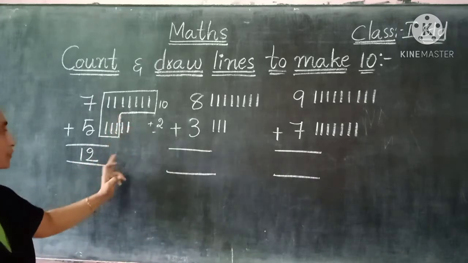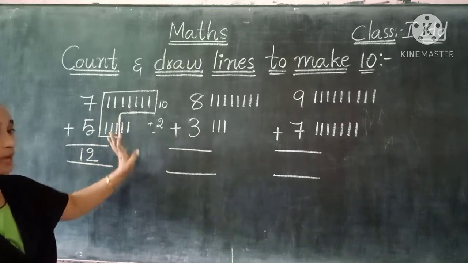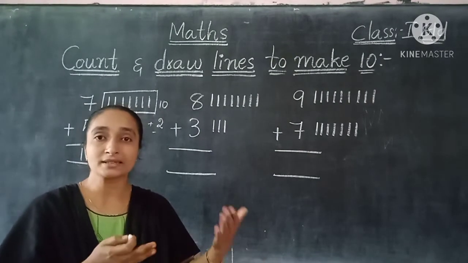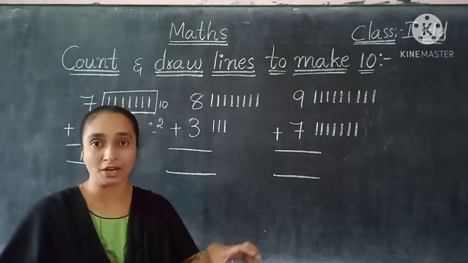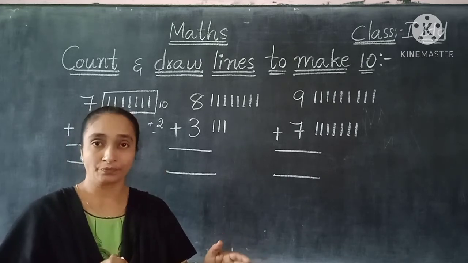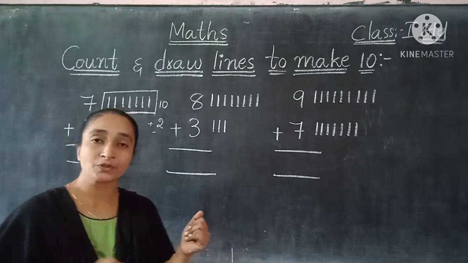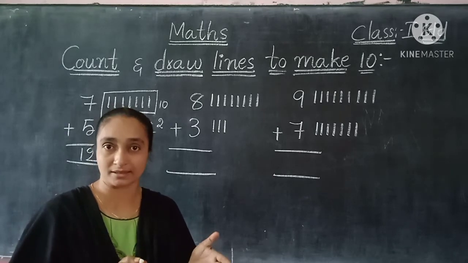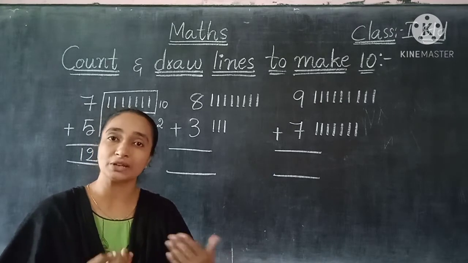So with the help of 10 we can get the answer very easily and very fast also. You just have to make a box of 10. In the previous class we did it with pictures, where we separated the 10 pictures. In the same way we have to separate the 10 lines, and if you count the remaining lines, then we will get an easy answer. It will be faster also. The 10 we are making is the base number, so with the 10 only we can do the addition very fast.